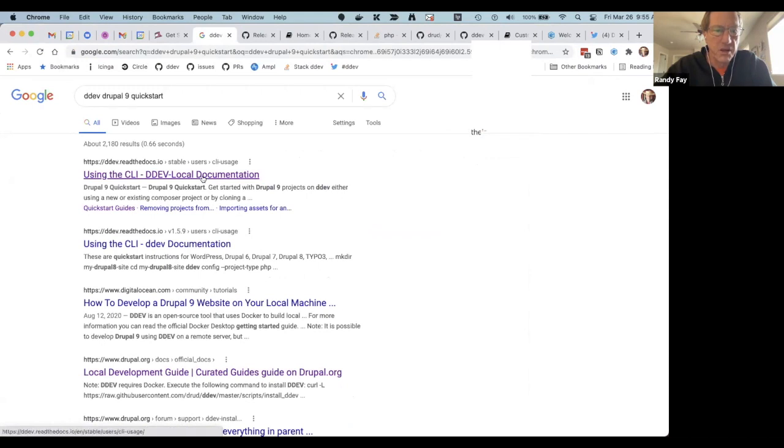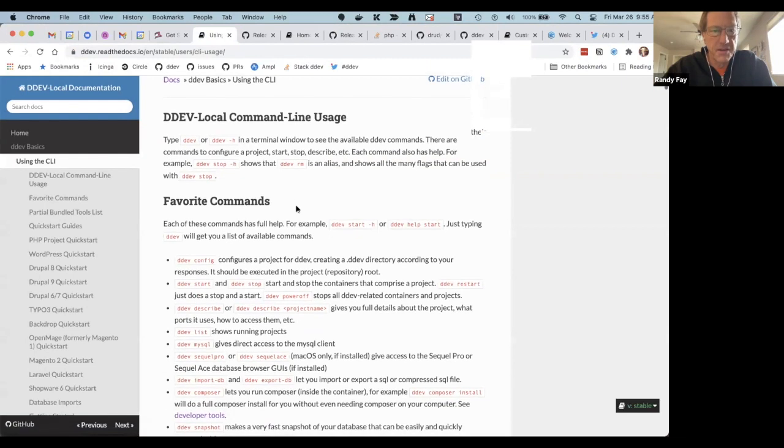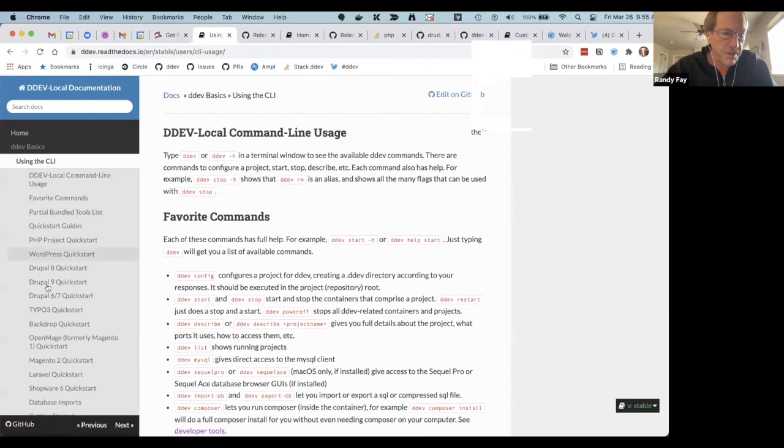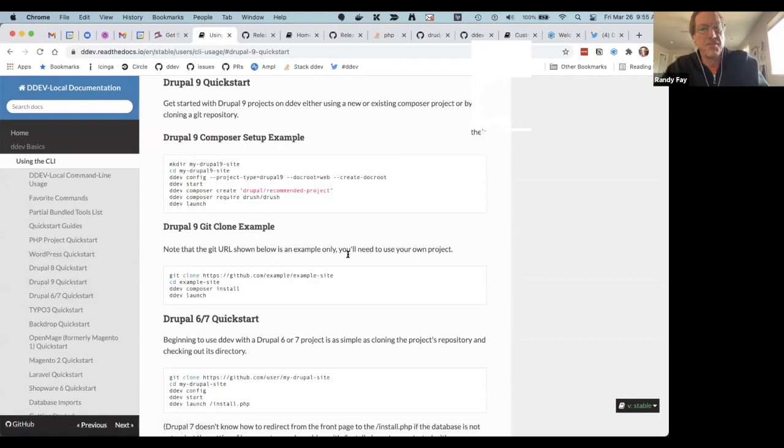Here's the Drupal 9 Quick Start, and this is just the basics of what we recommend.